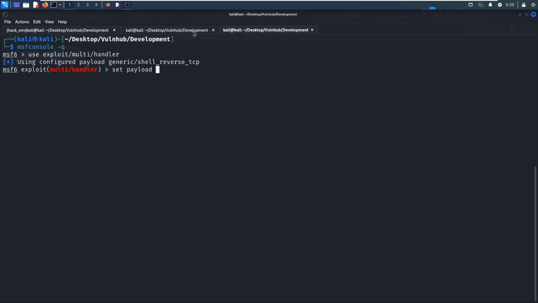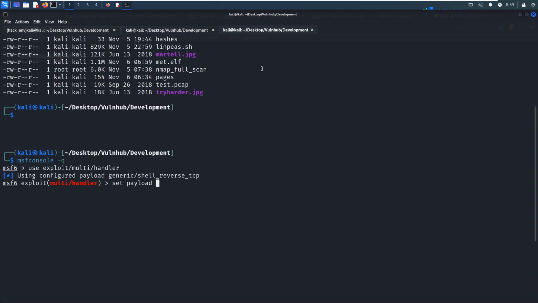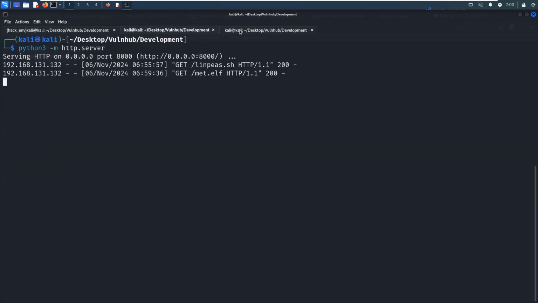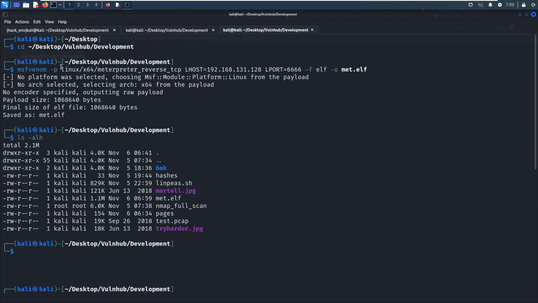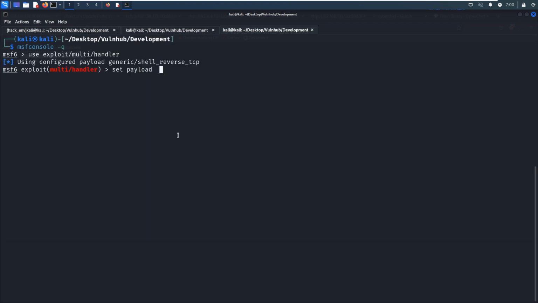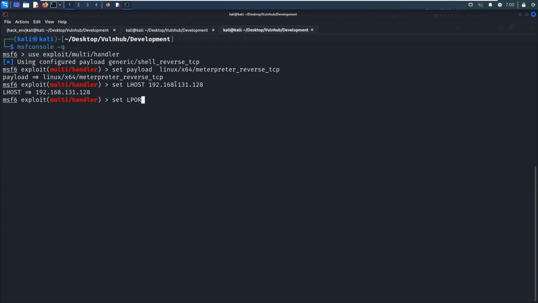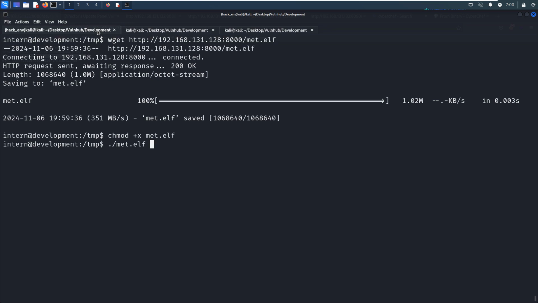We can set the payload to this one. We can copy the payload because this should be matched exactly. And we can set the local host to our Kali Linux. Set local port number to 66 and run it. And next we can run the payload.